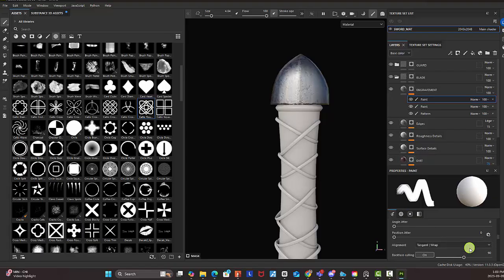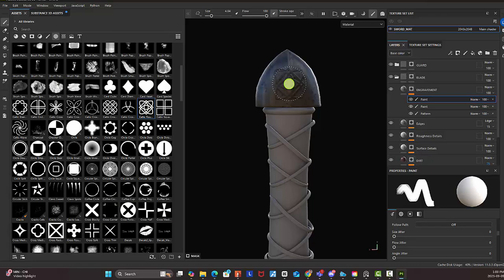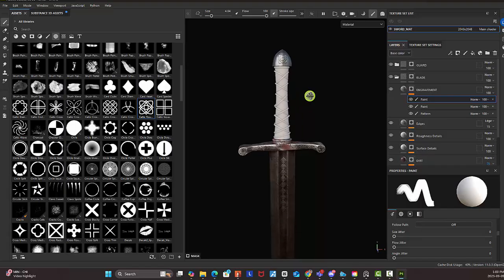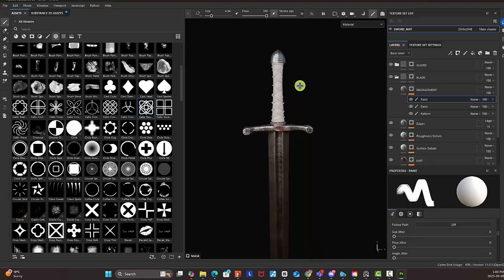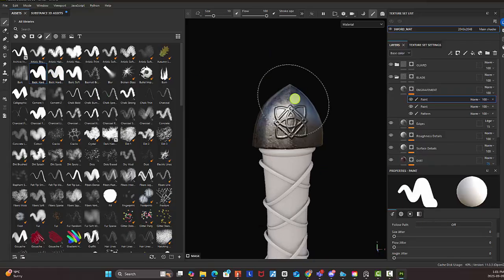Also, you have to make sure none of these jitters are affected. So I'm going to click here, like so. And then I'm going to click here, like so. Just like that. Alright. And then I could go to my brush and I could select a hard brush, this one, basic one. And I could just scale down the brush size, and all I could do, I could just click here,